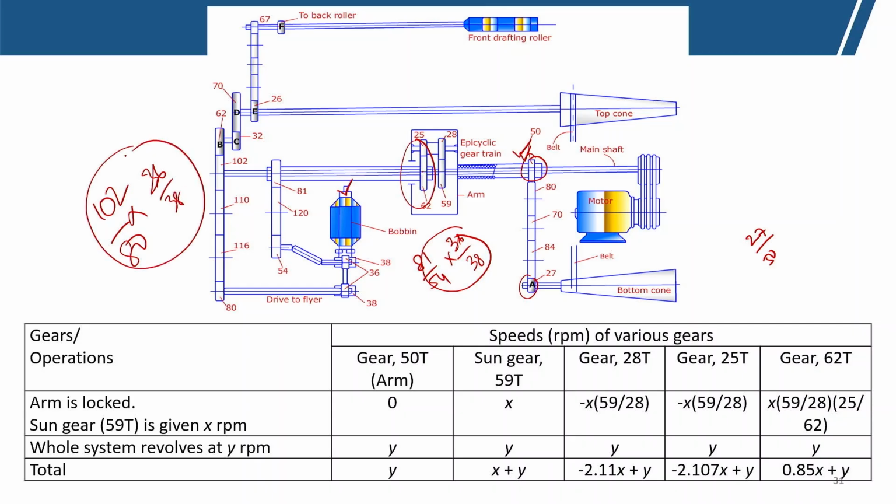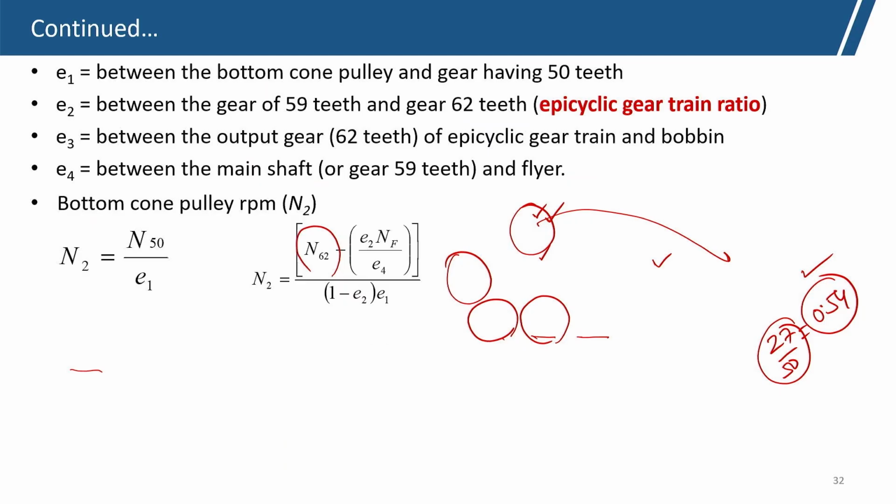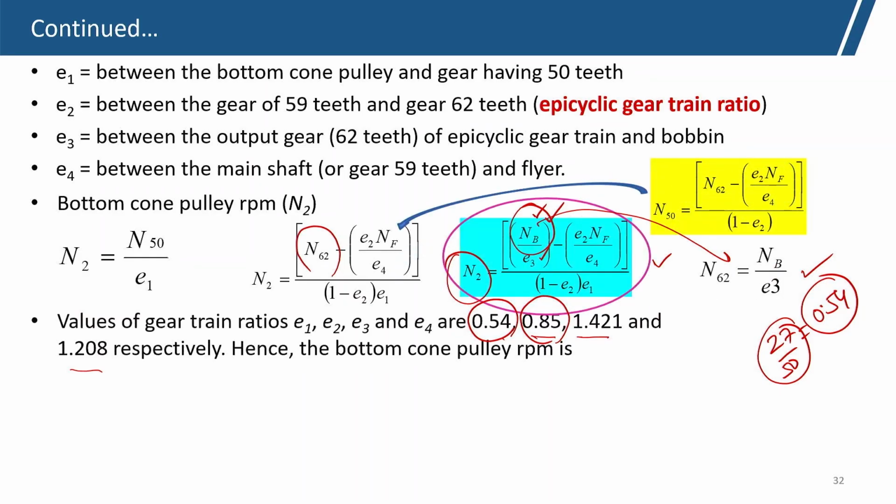So, in this way we will get the value 1.2. So, if we now use all this data in E1, E2, E3, E4,